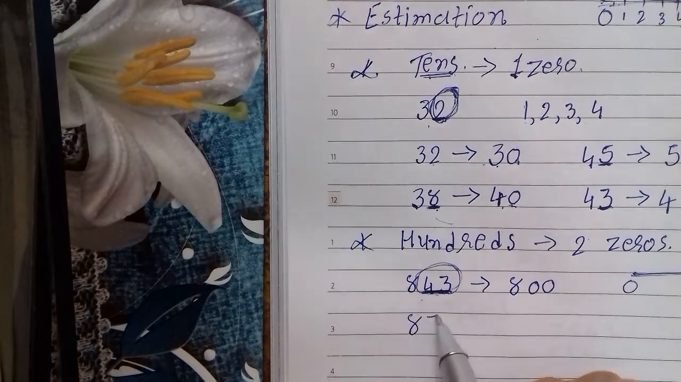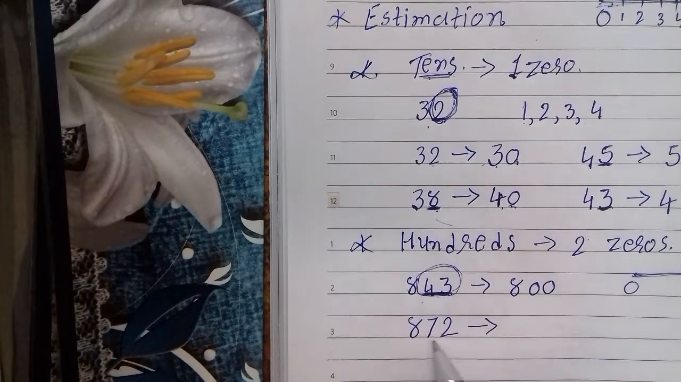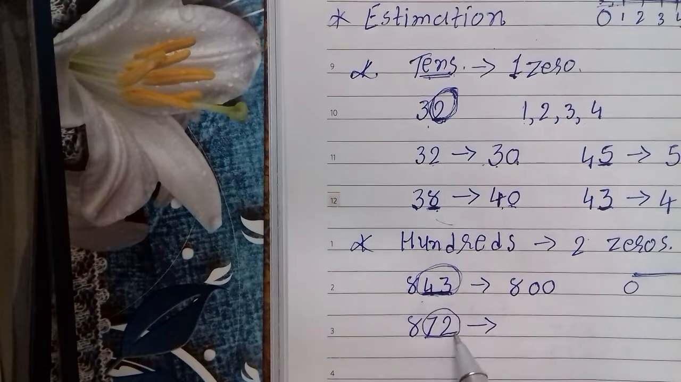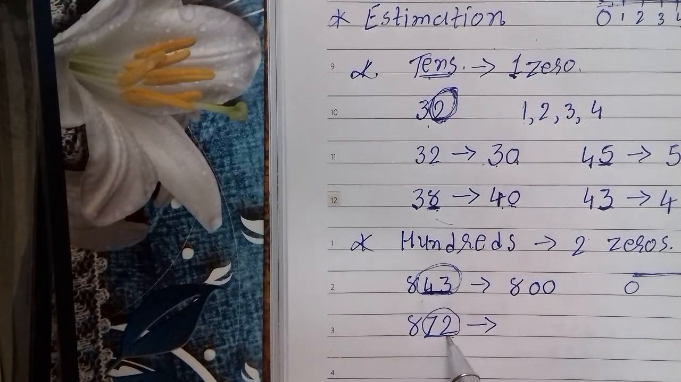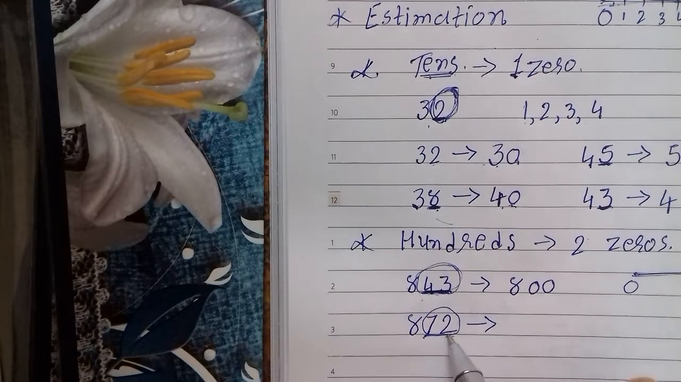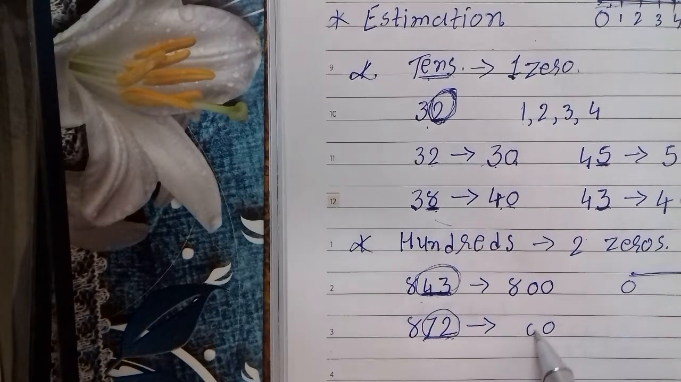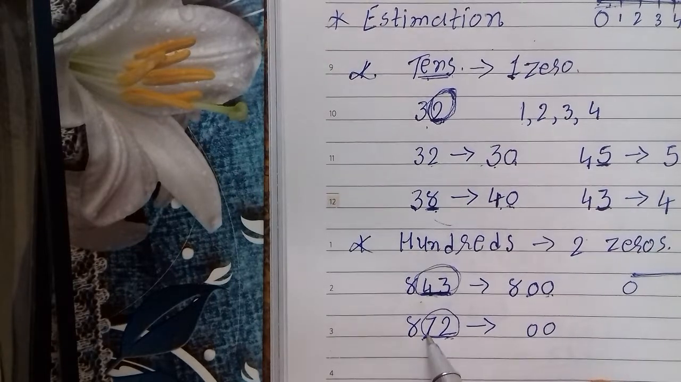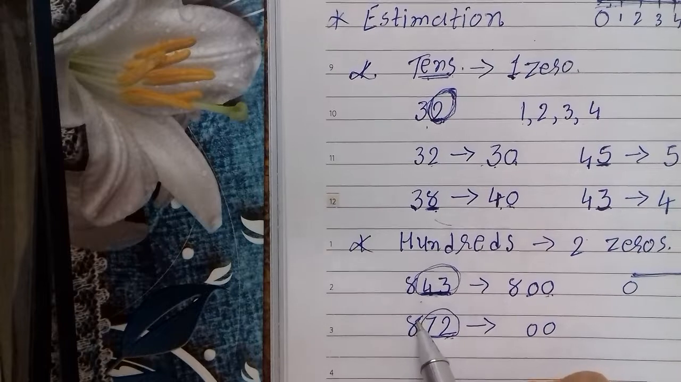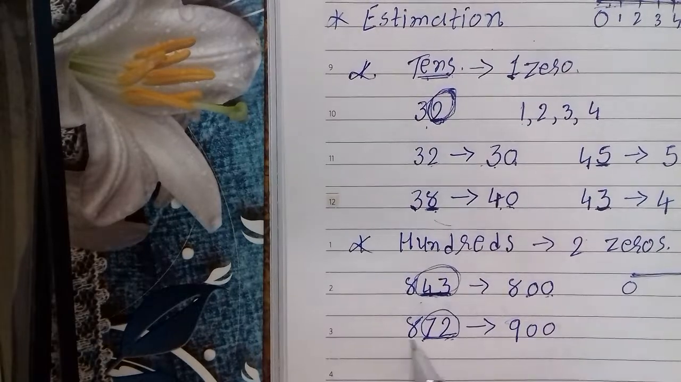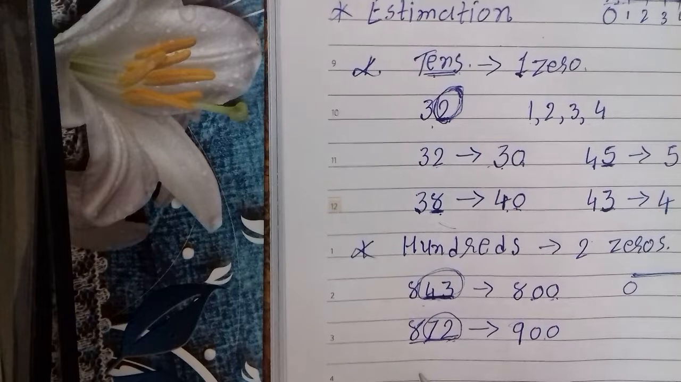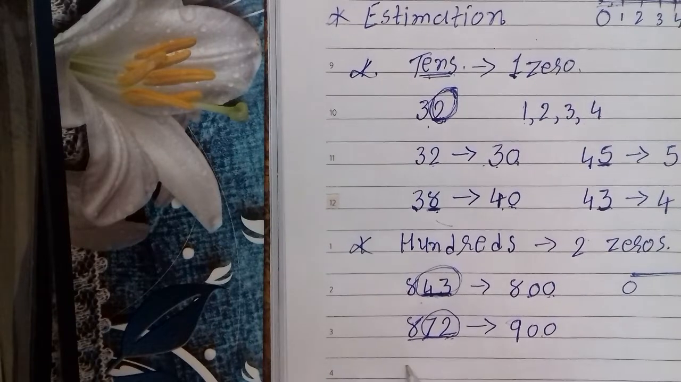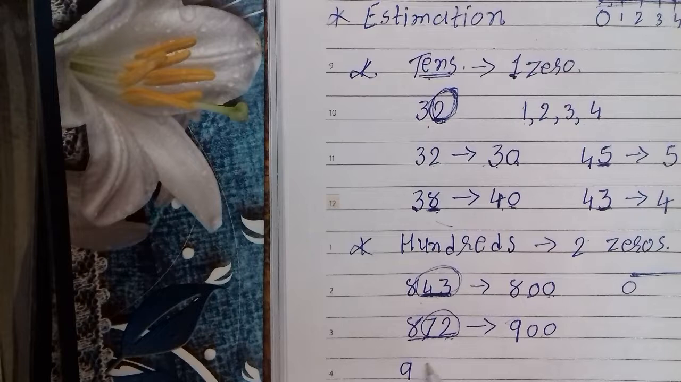Suppose 872. Here see the two digits, 72. 72 is greater than 50. So put 0 as we have put here, and since 72 is greater than 50, add one to the next digit. So it is nearer to 900, right? Suppose we take a 4 digit number,